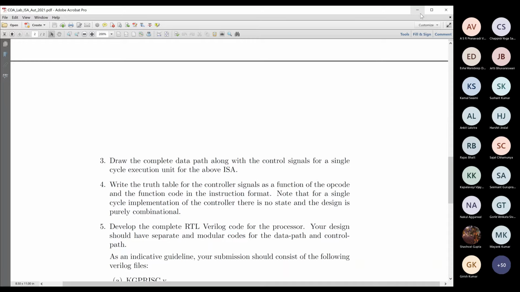So it will give a realistic kind of scenario. But it is very important that you finish the specification correctly within 1 week. That is my suggestion.